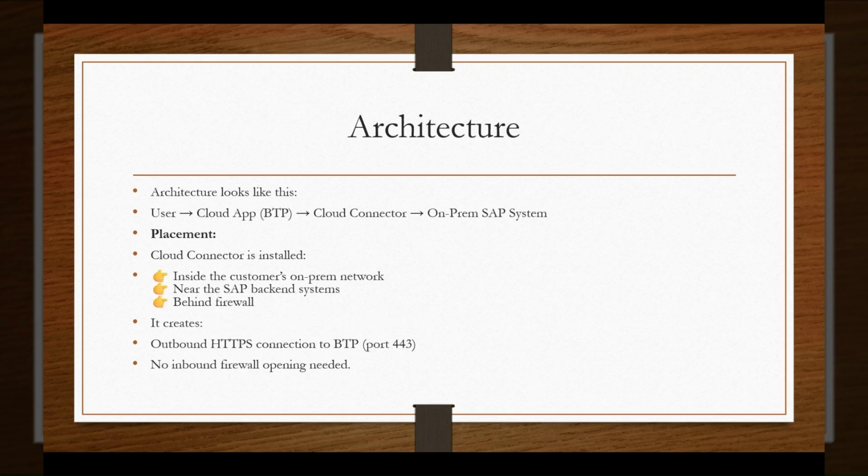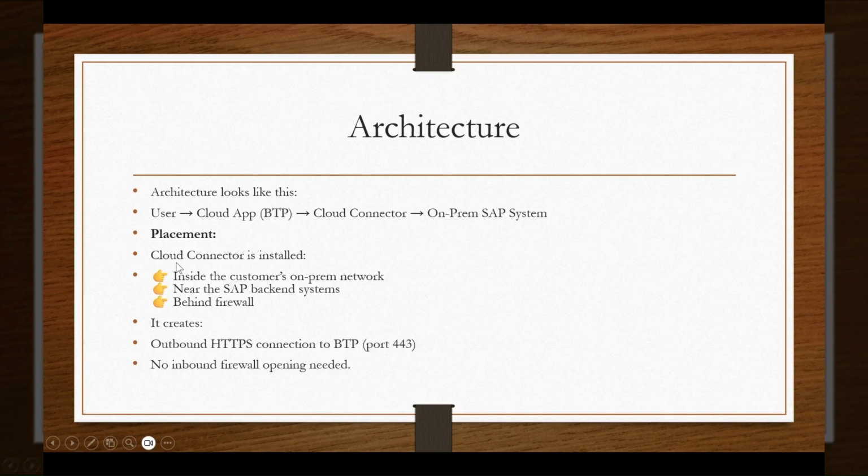Okay, so let's move on. Now let us understand the architecture. So how is the architecture? Suppose as a user, you connect with the BTP platform, any system on the BTP platform, and that system goes to Cloud Connector. Cloud Connector creates a communication mechanism between the two. As the name suggests, Cloud Connector means connecting cloud resources with the on-premise system.